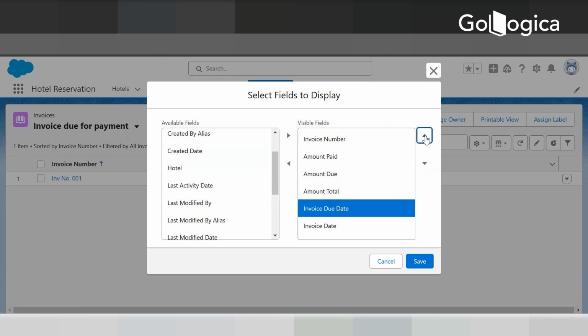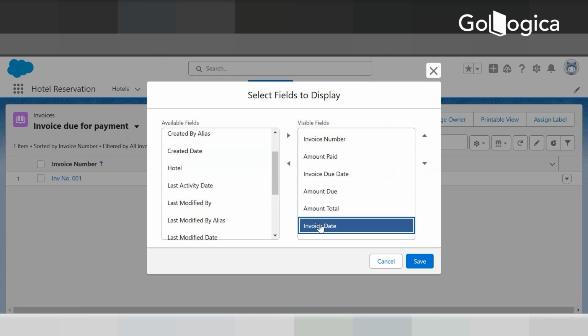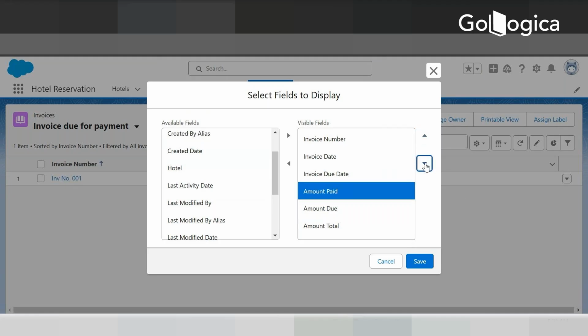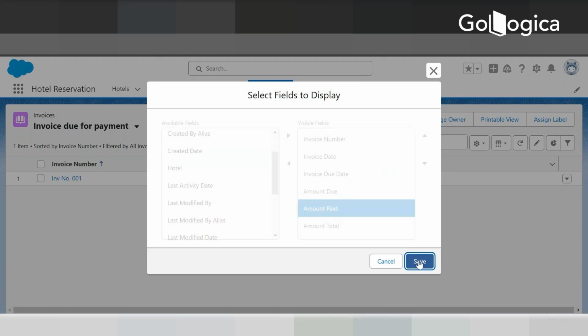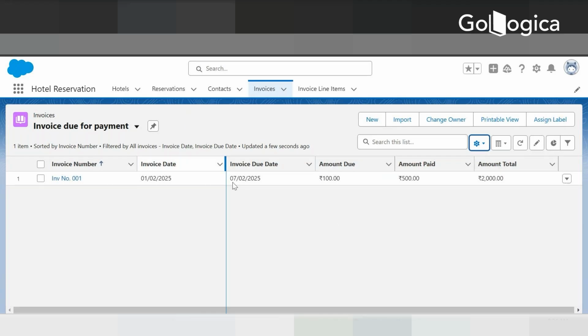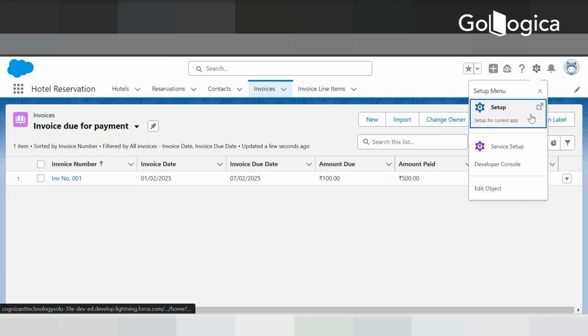I can shuffle it the way I want, because it will be displayed over here. So I come to know how much they have paid and when it is due. So this is for your list view only. Now if I go back onto my setup,